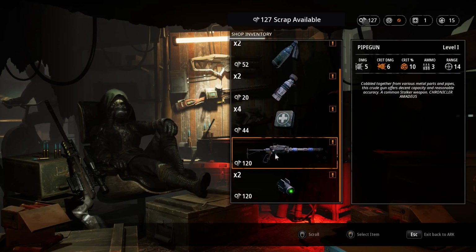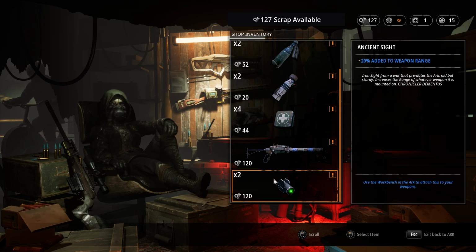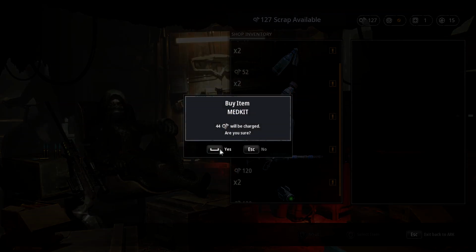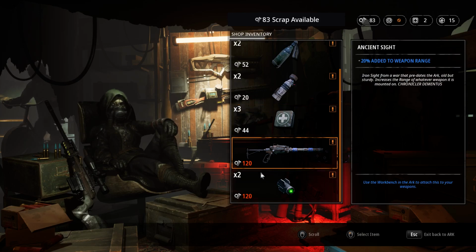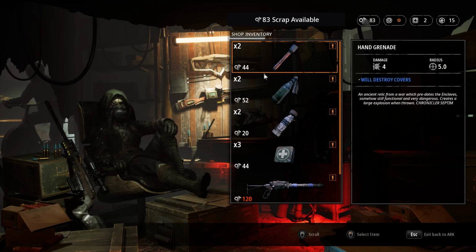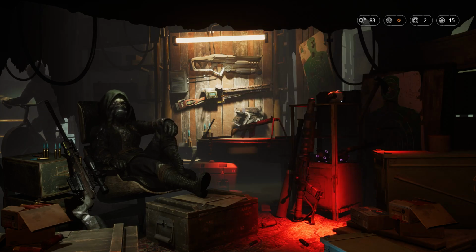So we could actually buy a pipe gun. It's quite nice. Range 14, quite large. Could buy an ancient sight, 20% added to weapon range. I would very much like that. However, I think that we want to buy a med kit, just to be on the safe side of things. I know that's going to take us down a little bit in terms of cash, but it is what it is. Could buy a hand grenade, although I think we've already got...